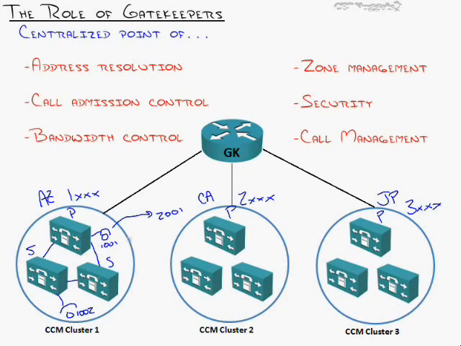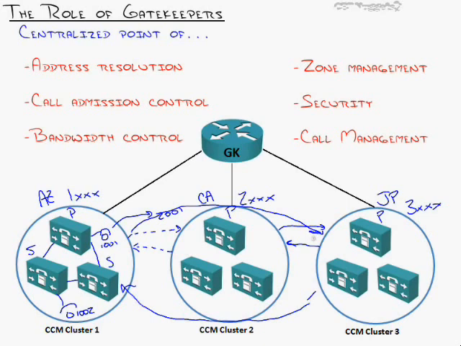So what I have to do as an administrator is create a route plan. And for those of you that have been in CIPT, that's where you go through the route pattern to the route list to the route group. I mean, if you've been in CIPT, you've probably seen that so often you can sing it. Route pattern to the list. I mean, you see it again and again. How to create these route plans between each one of these locations. So California to Japan, Japan to California, Japan to Arizona. Create this route plan to go here, and Arizona to Japan. You start creating these links that link your clusters.